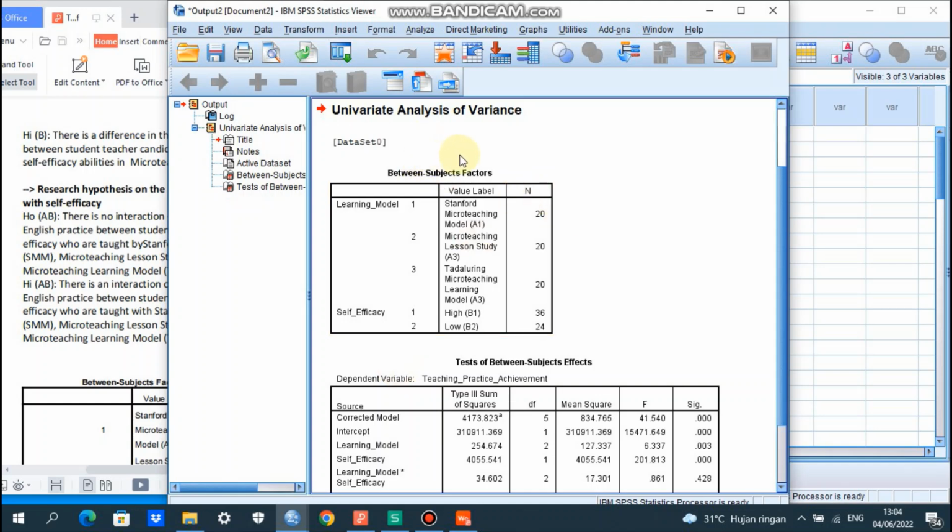We have here the two-way ANOVA, univariate analysis of variance, between-subject factors. Learning model, factor 1, has 3 levels: the Stanford micro teaching model A1, 20 students; micro teaching lesson study, 20 students; and the Tadaluring micro teaching learning model or A3, 20 students.